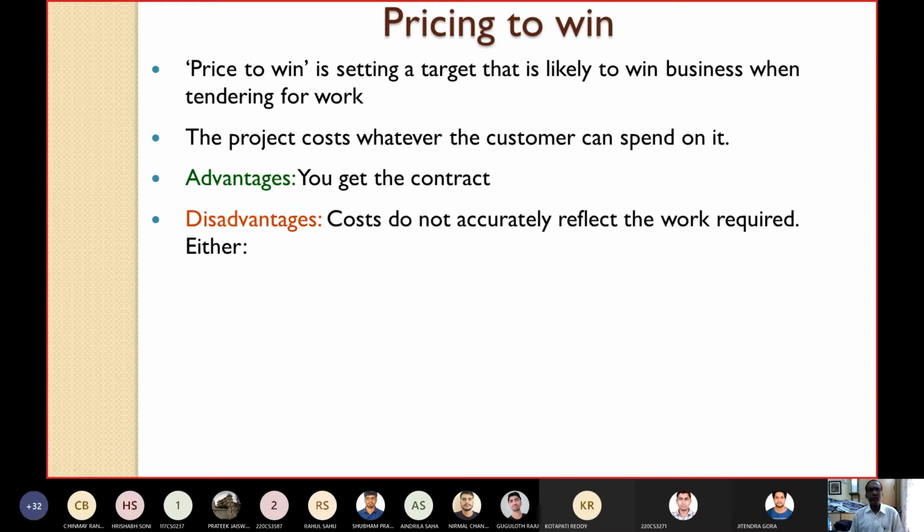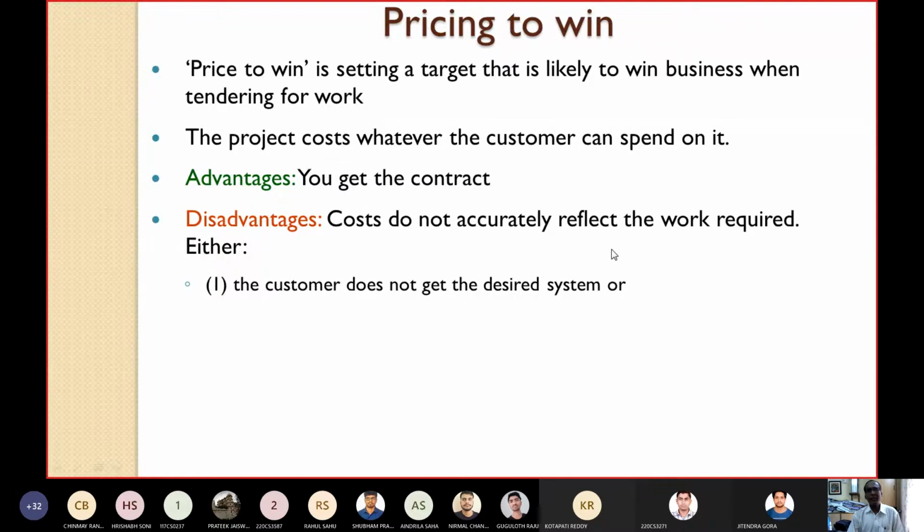The disadvantage is that the costs do not accurately reflect the work required. The cost that you just guess or just state may not accurately reflect the work that will be required. Suppose you have deliberately made the cost very low, then you cannot maintain the quality of the work.